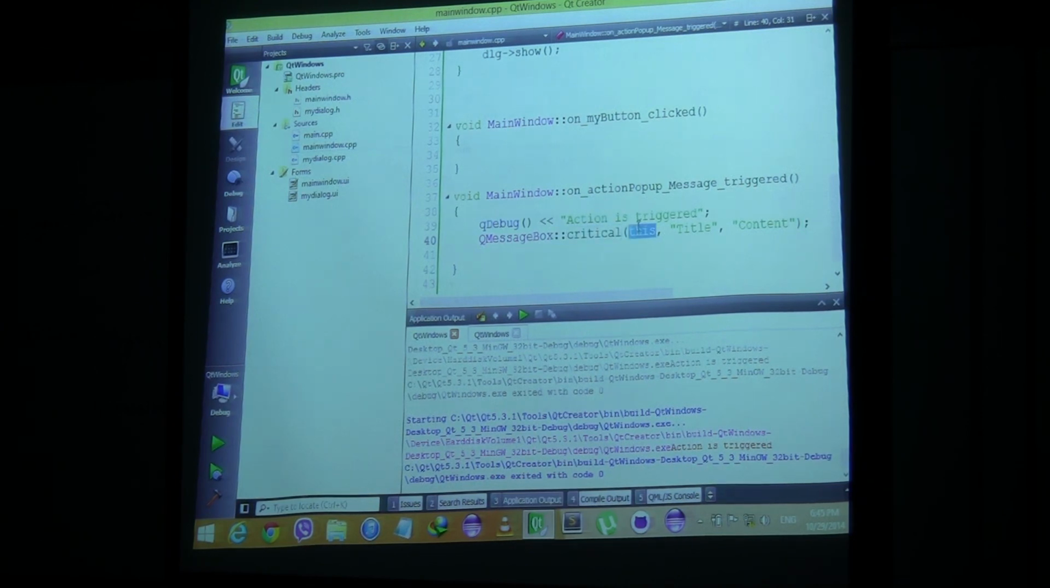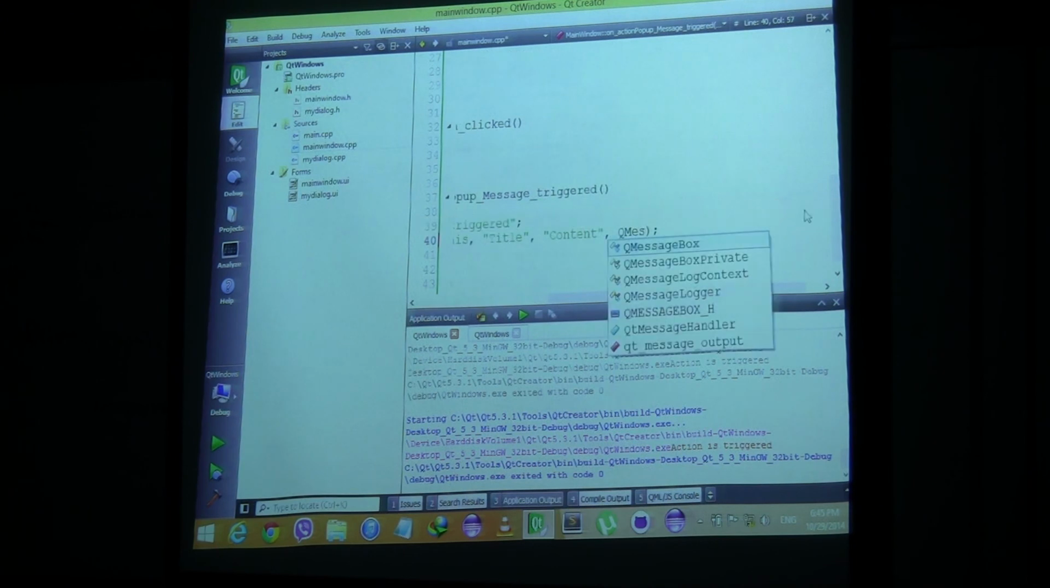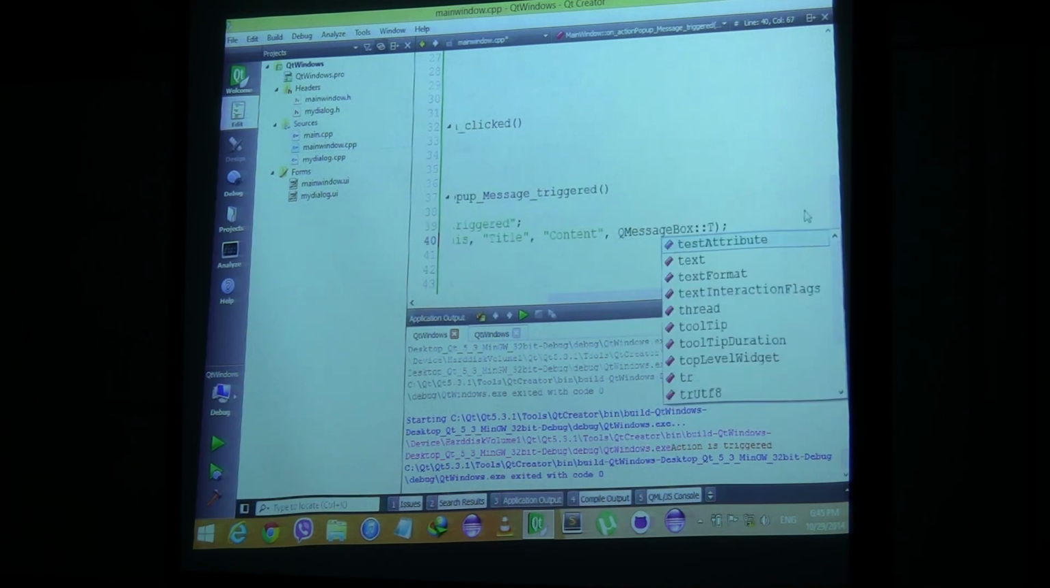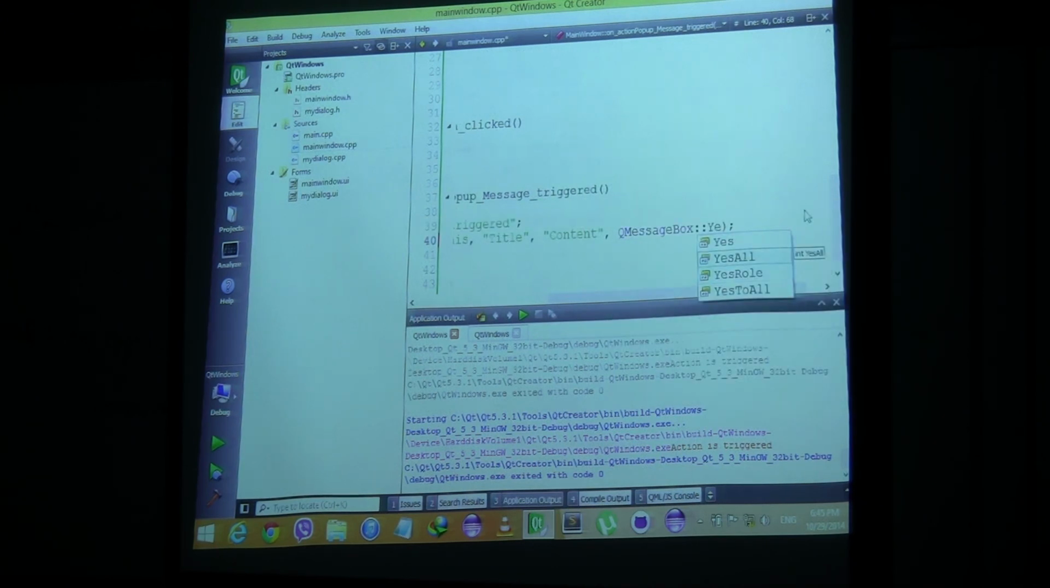Next, we choose the parent, which is this in our case, then the title of the message, and the content of the message. The fourth parameter, which you probably will need to use, but I don't want to get into the details right now, is where you can specify the buttons you want. So I can say QMessageBox yes, no, for example. Yes, and QMessageBox